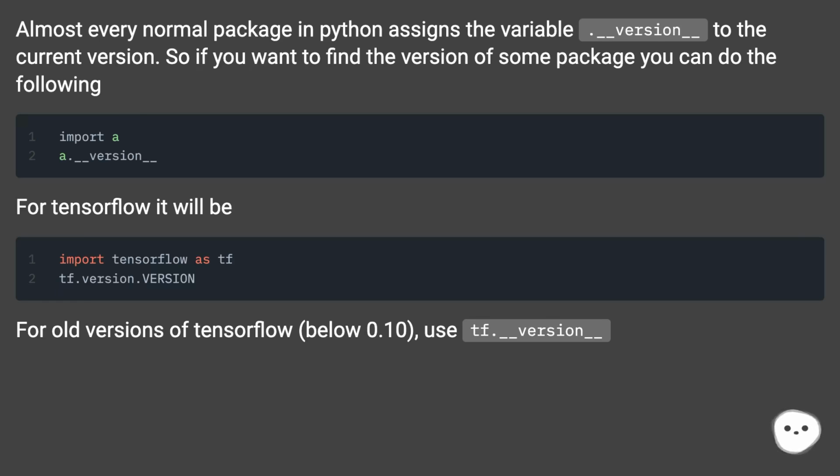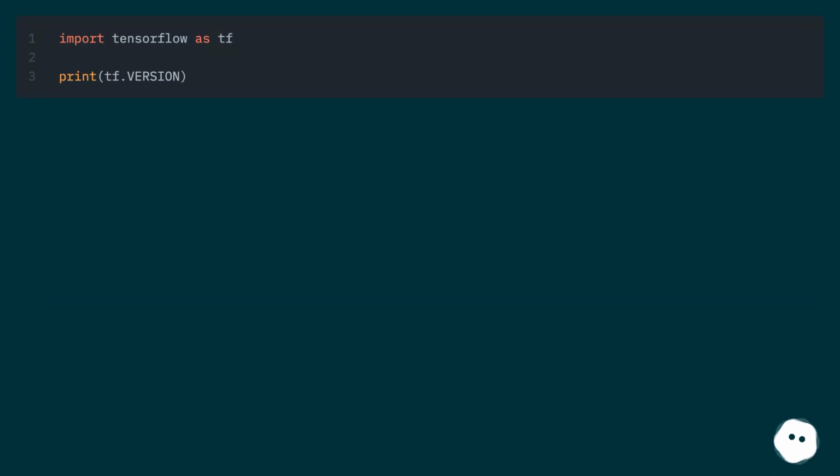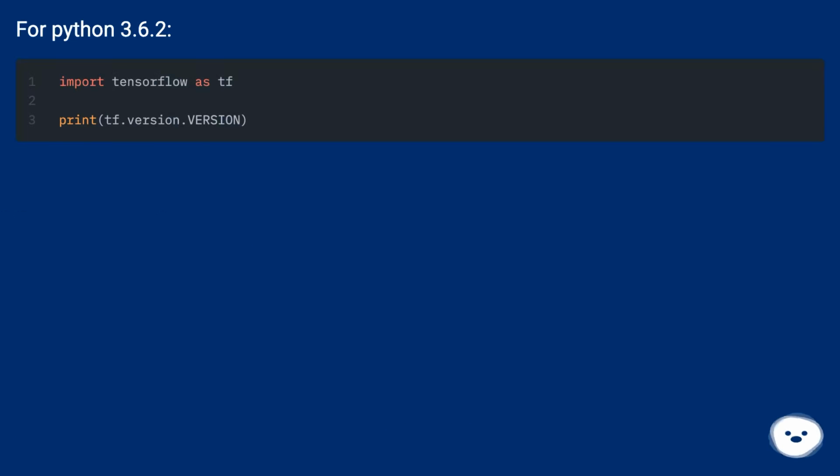for old versions of TensorFlow below 0.10, use tf.__version__. For Python 3.6.2,